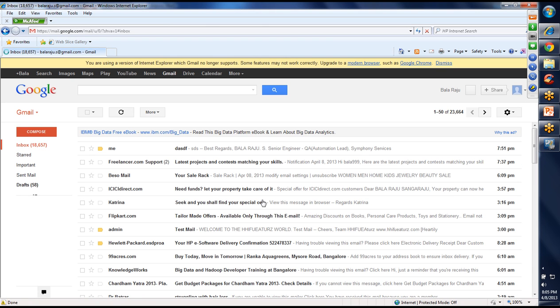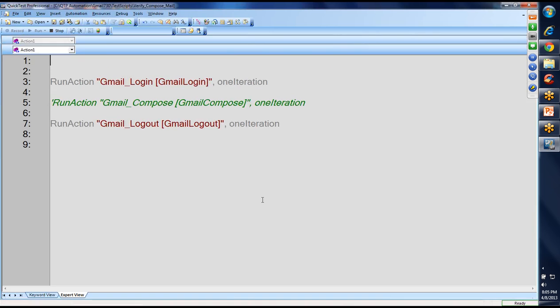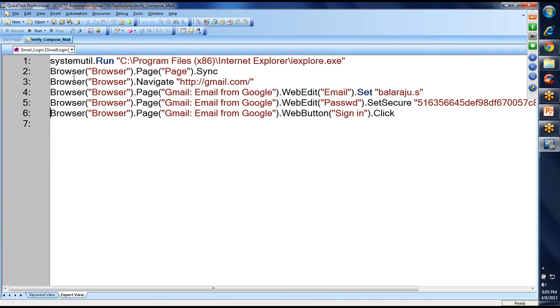The command you use to add that statement is SystemUtil.Run. So if I go to Gmail login, here is SystemUtil.Run. What is the path? This is nothing but your call to